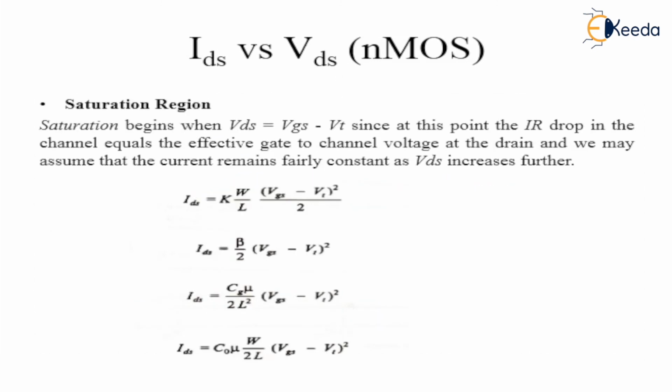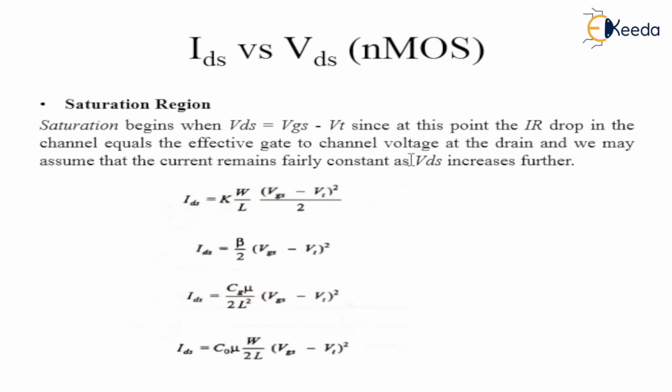Next, going to the saturation mode. Here in saturation mode, the average voltage VDS by 2 will not exist. Only the voltage existing here is VGS minus VT. So the same thing is written here. The saturation begins when VDS is equivalent to VGS minus VT or VDS greater than VGS minus VT. Since at this point the IR drop in the channel equals the